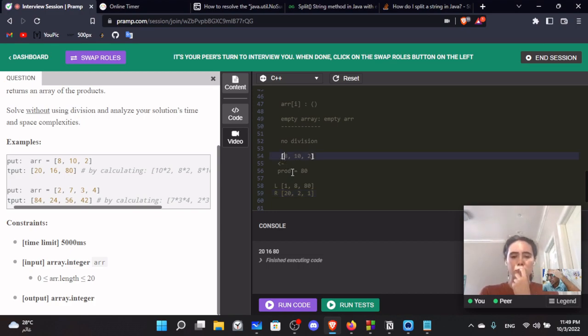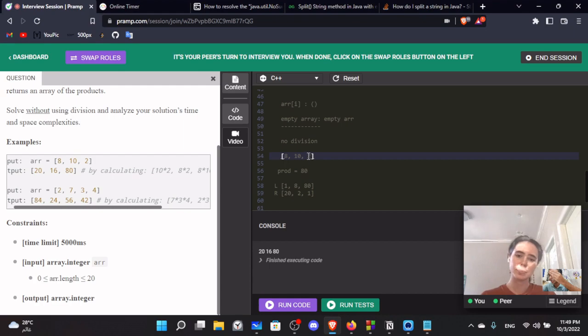I think in this case it would be better to start from the end to the beginning. In the beginning I have a right array of size n. I will push at the last element. I will push 1 as the last element, which is a product as well, and then I will go from the end to the beginning, and I will multiply the current element